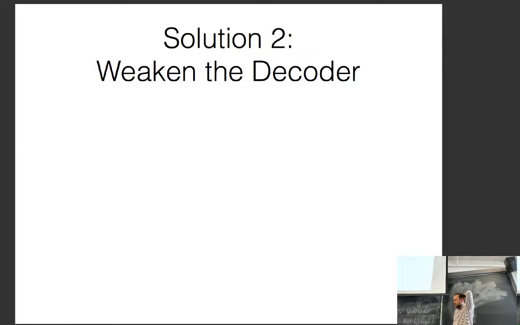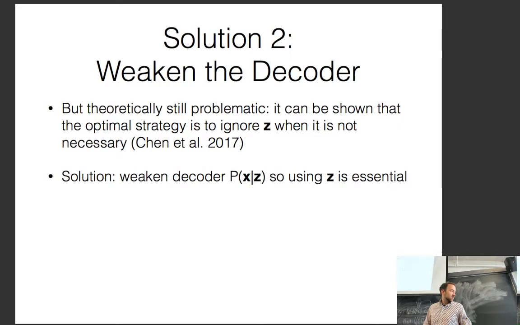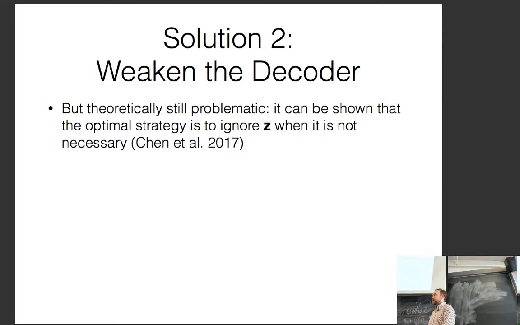So another solution that people have used is to weaken the decoder. So even if you do this KL divergence annealing, it's theoretically still problematic. And you can actually show by going through the math appropriately that the optimal strategy is to ignore z when it's not very useful. So the reason why z is not very useful in generative models of text that use these is because the generative model of text is a recurrent neural network. And recurrent neural networks are very strong generative models anyway. We can make very good language models with a recurrent neural network without even having any latent variables. So as a result,